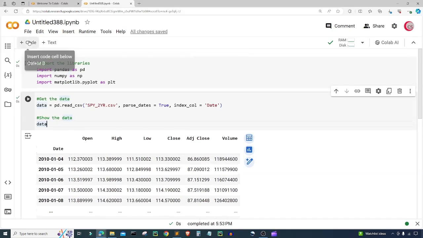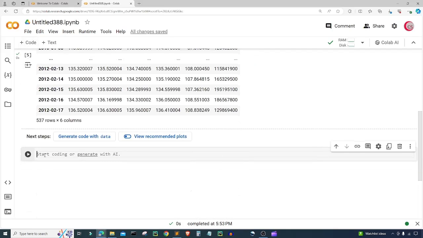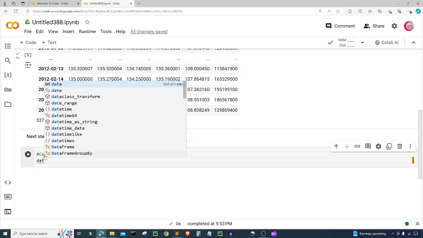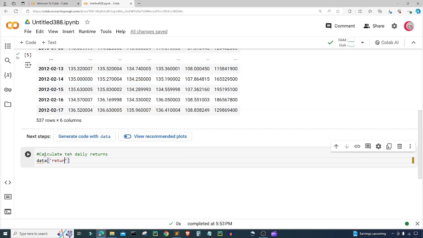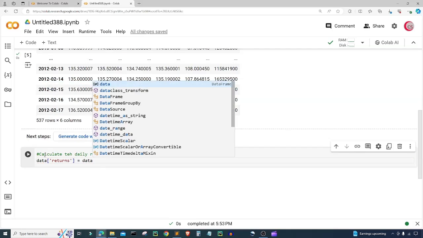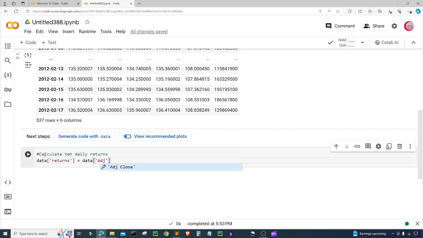All right, so let's create a new cell. And now in this cell, I'm going to calculate the daily returns. I'm going to create a new column called returns. So I'm just going to type data and then create that new column called returns. And I'm going to set it equal to data adjusted close